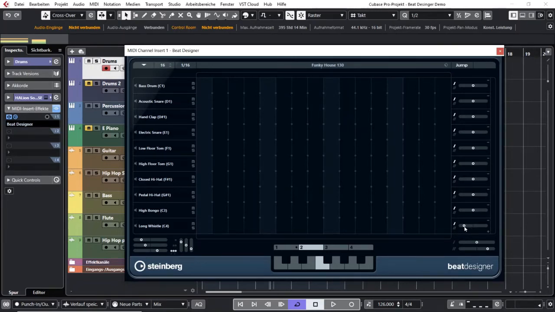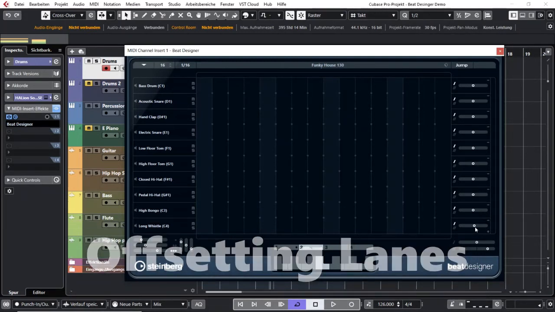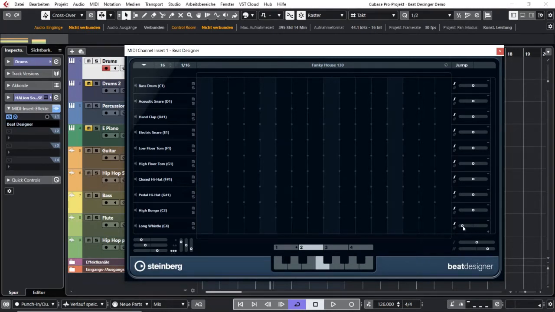The slider here on the right will give you the possibility to drag your instrument in time to the front or to the back, so it sounds not right on the beat, but ahead of it or after, like a laid back feeling. And here is 2 more buttons,